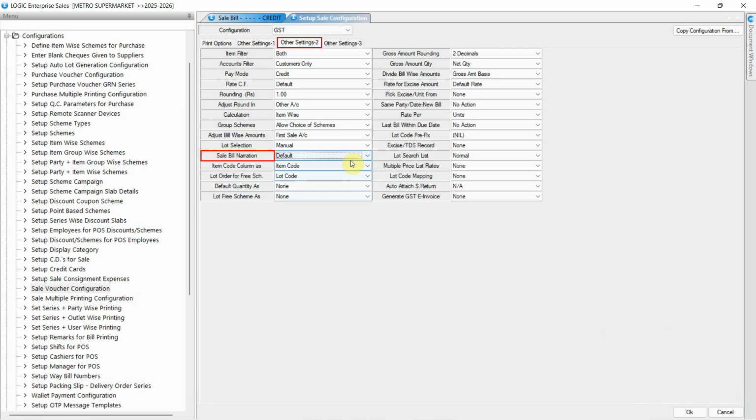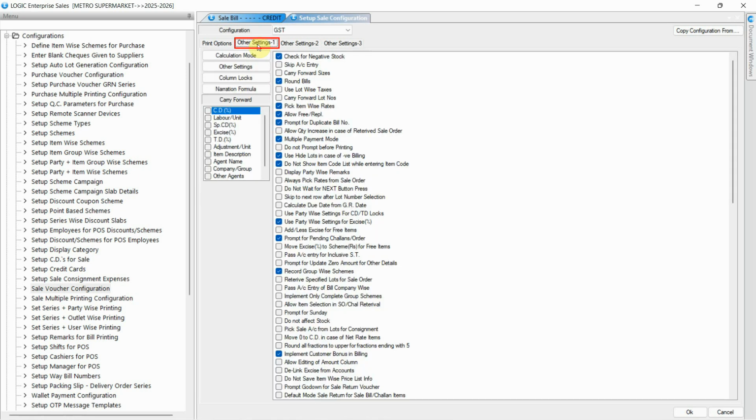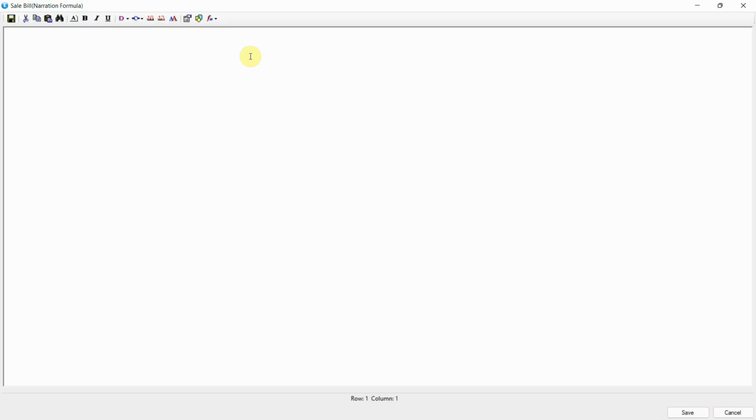Let's proceed with the second case, generating the bill narration using the narration formula. First, set the sale bill narration to default. Then, under Other Settings 1, go to the narration formula. Here, you can define the narration formula according to your requirement. Let's generate a narration formula.